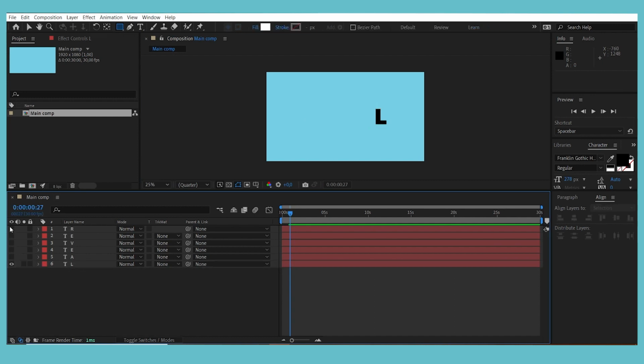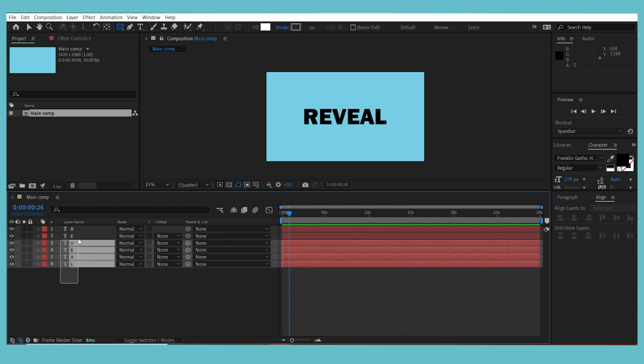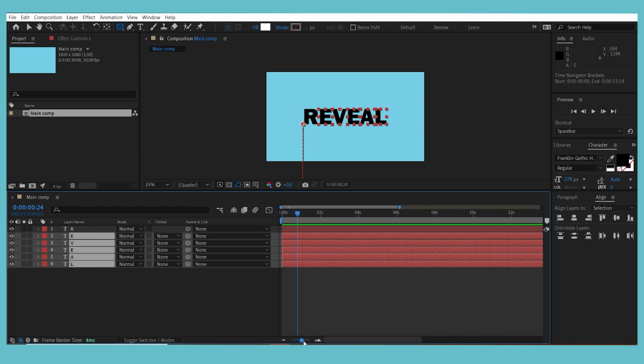So, and now I set all the layers on and each letter is on a separate layer, if you can see. And now it is still the same, and now what I'm gonna do is I select all the layers except the R layer, the first layer. So then I zoom in on the timeline